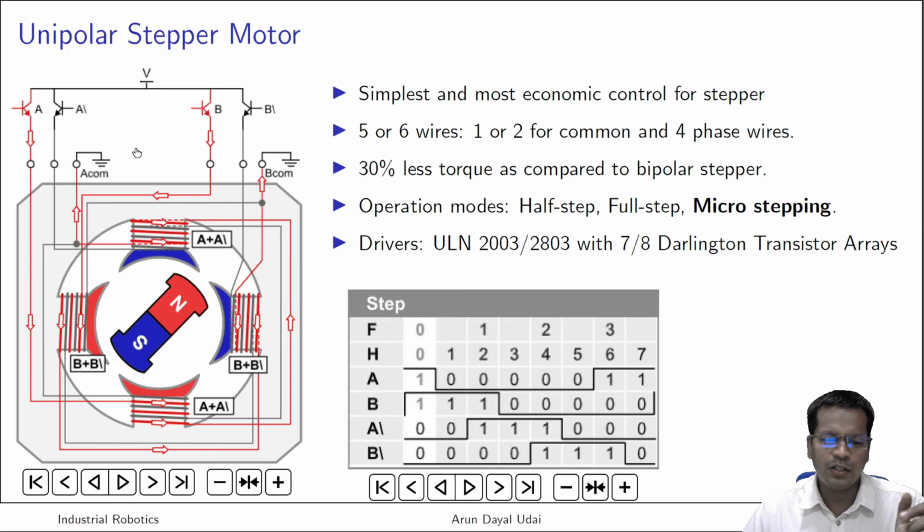Why have they not connected A and B? Because in order to support the current which is flowing out, if you have 2 inputs, it should have at least 2 outputs. Why? Because you have to pass on that current. You cannot take current out from only one. That becomes the bottleneck for the maximum current that can flow through this motor. So that is why you need 2 different lows also. Both of them are connected simultaneously to the ground potential, zero potential. That is the reason. So this is the unipolar motor.